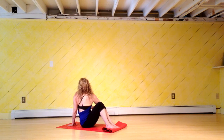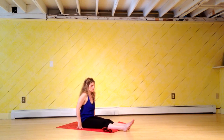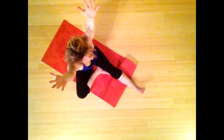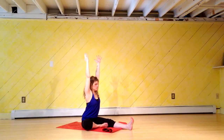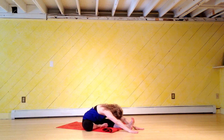Go ahead, come back to center. Take your arms straight up, stretch your legs out in front of you. And taking your right foot into the left thigh. Yeah, so set that up and then stretch up and fold forward. You can keep a soft bend in the left leg, or you can press that left leg